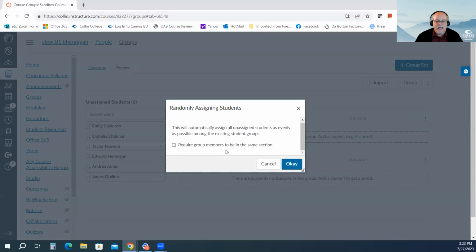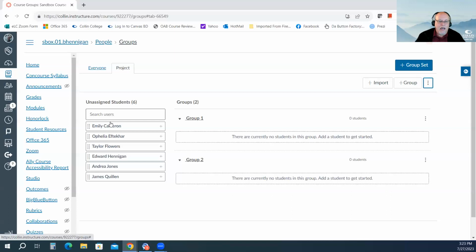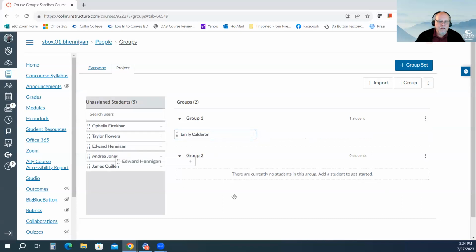So anytime Canvas refers to sections, it's usually talking about K through 12, where they'll have a second grade master Canvas course, and then it's divided into different sections. But we don't do that. I'm not going to auto divide at this point. I can manually do this just by clicking and dragging,